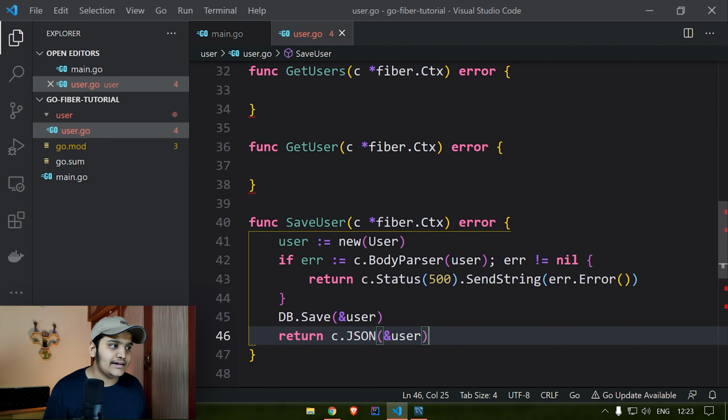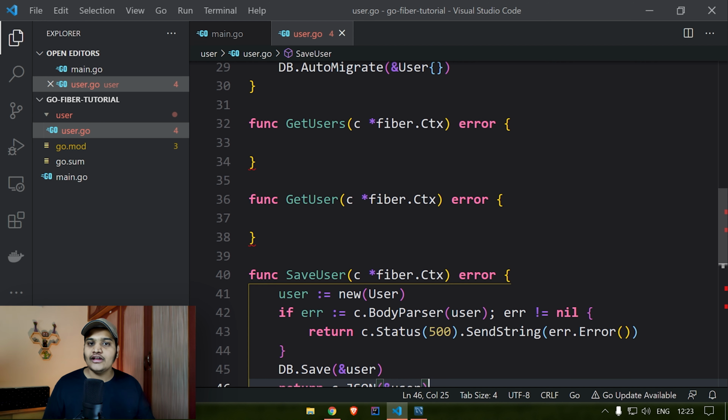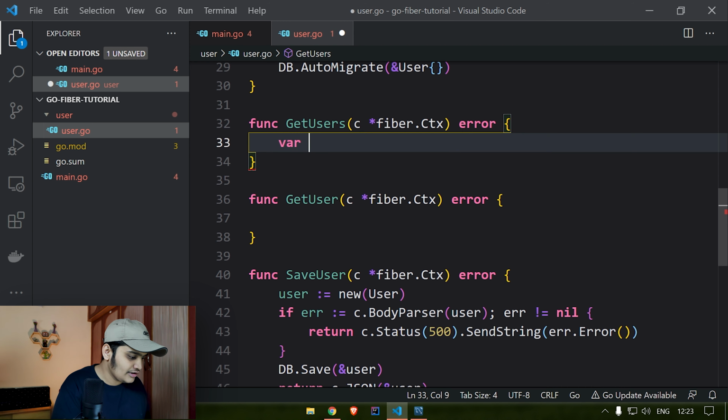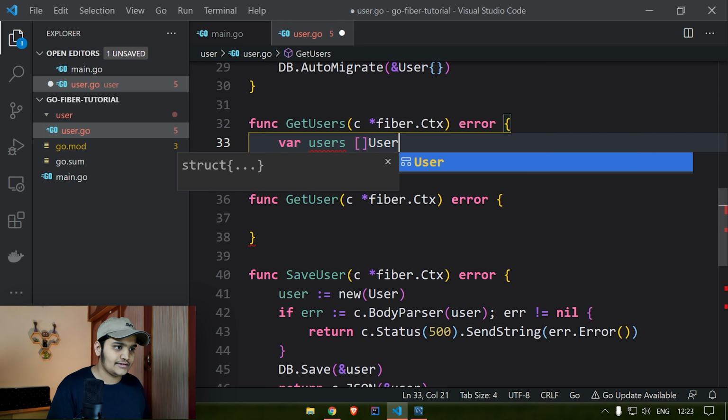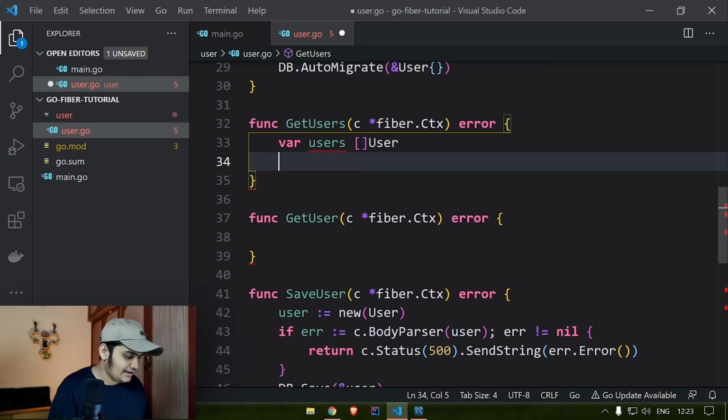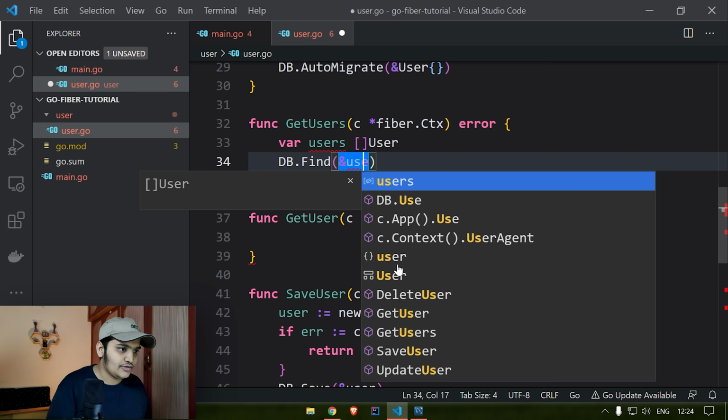Now let's implement the get users. Whatever users we saved, we get the list of those users from the database. So we'll create an array of user. We'll call it users, okay, this will be better. Then we'll use the db.Find function and I'll pass users over here.